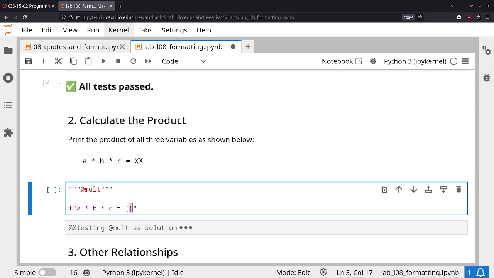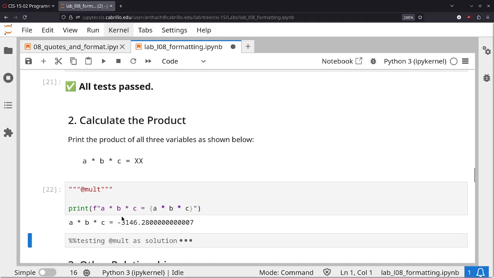I'm going to use curly braces here because we're planning on putting a number in here. In this case, the number can be this expression, right? It can be a times b times c. This might look weird, but this is an expression that will evaluate to a single number. And yeah, we're allowed to do this because it's inside of these curly braces. So when we print this,